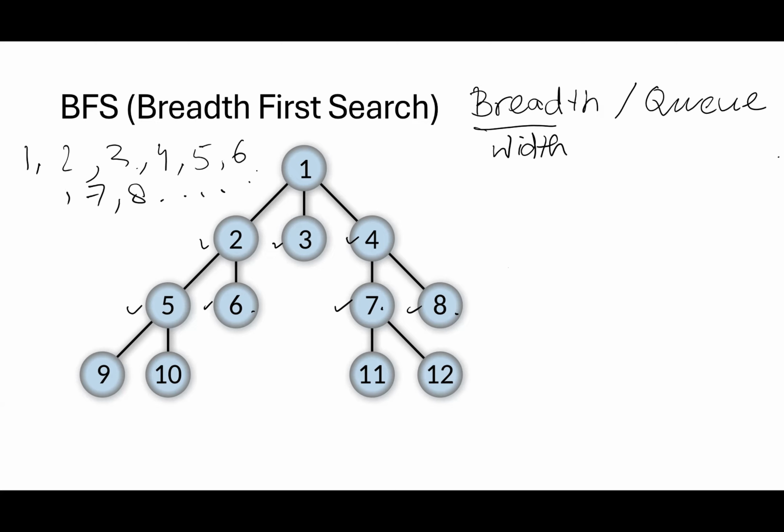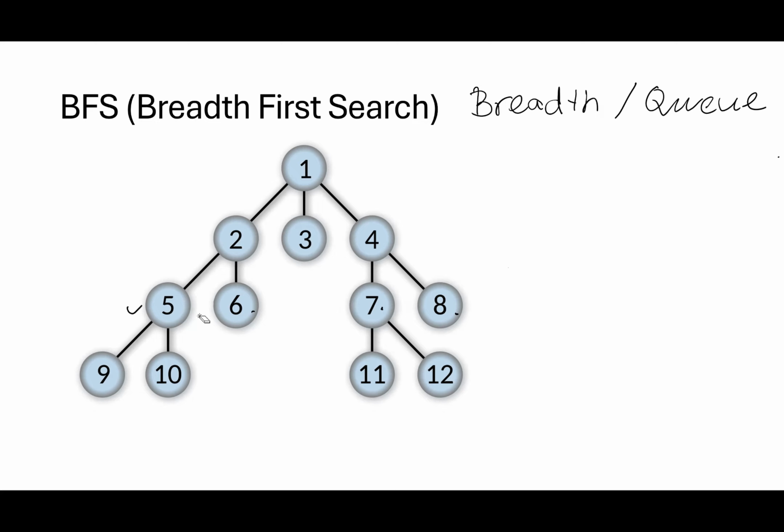and so on. Okay, so to achieve this, one data structure that is going to be very helpful is queue. As we know, queue is a first in, first out data structure. So let's think in this way. When we are visiting this node 1, if we put 1 in the queue, and then once we are done visiting 1, if we check,